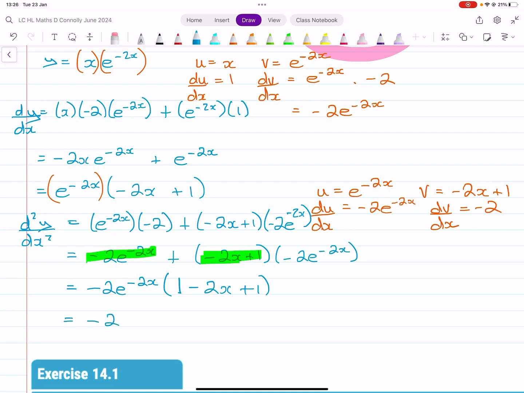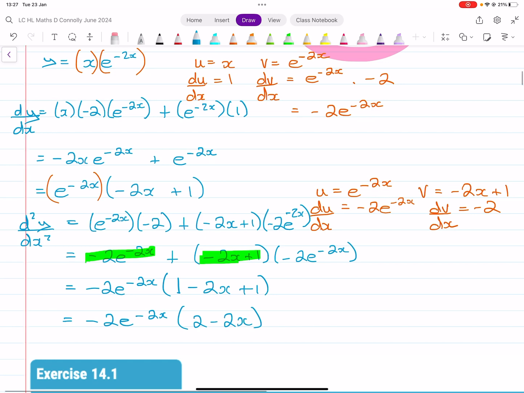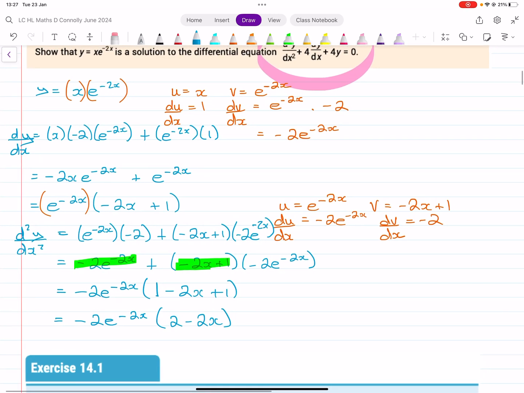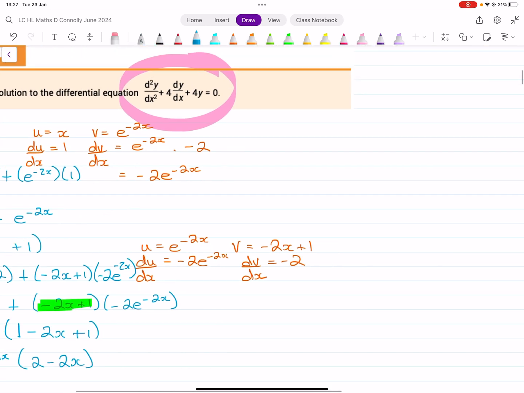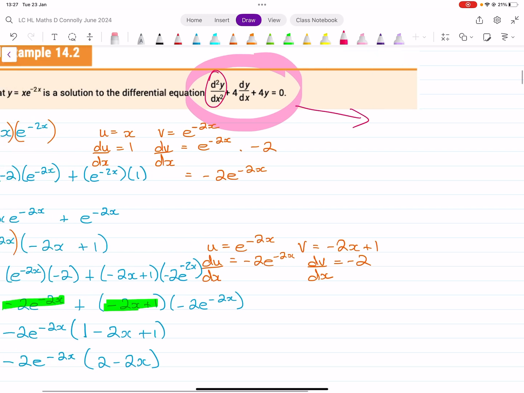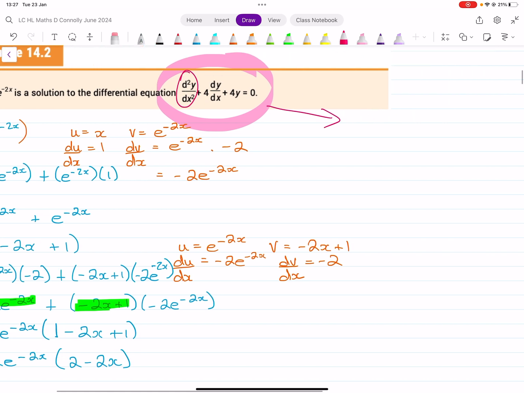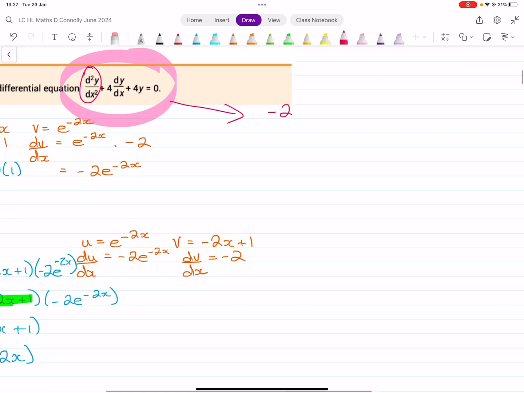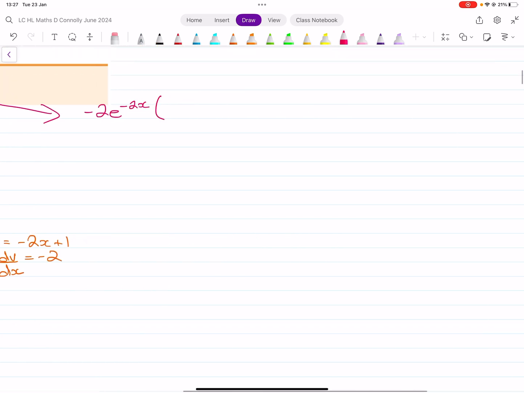So that is minus 2e to the minus 2x times 2 minus 2x, adding the ones. Right, so obviously the calculus here, like with the e's, it just makes it really messy, but hopefully when I sub in, it will simplify nicely. So it says to start with the second derivative, which is minus 2e to the minus 2x times 2 minus 2x,